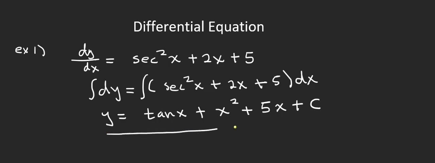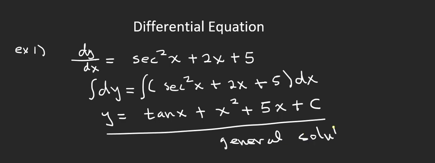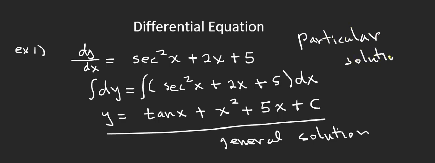Now when you have this solution, where we don't know the exact value of c, we call it the general solution. When you are able to find the value of c, then we call it a particular solution. In order to find a particular solution, they need to give us more information, which we're going to talk about